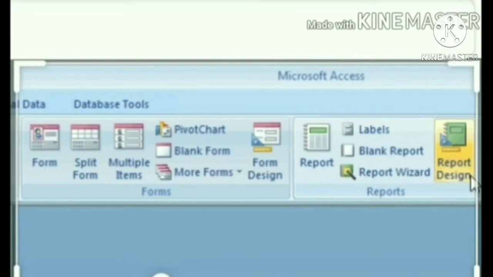Use of report command. First, in the Create tab, go to the Reports group and click on the Report command. Second, a report screen will open up. Along with that, four new tabs will open under the heading Report Layout Tools.